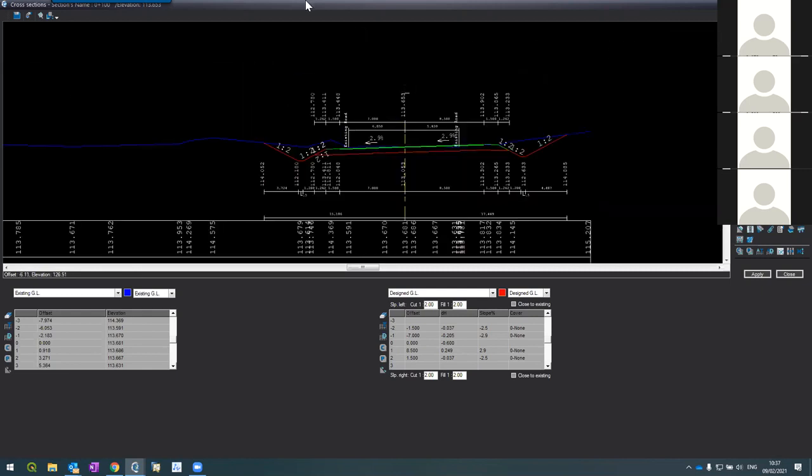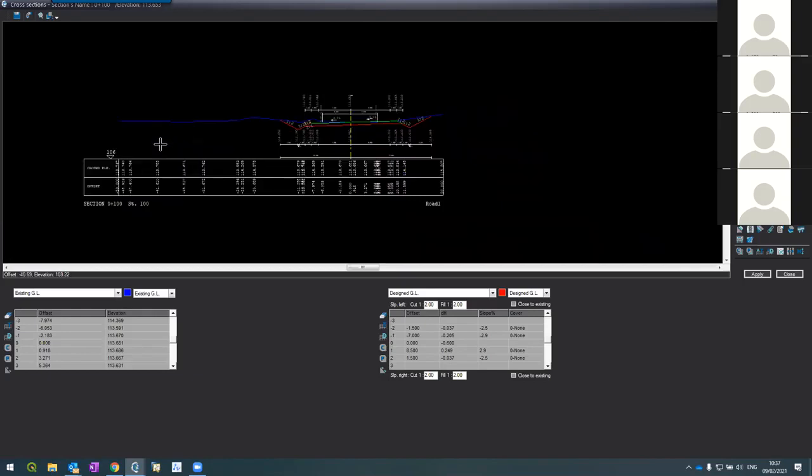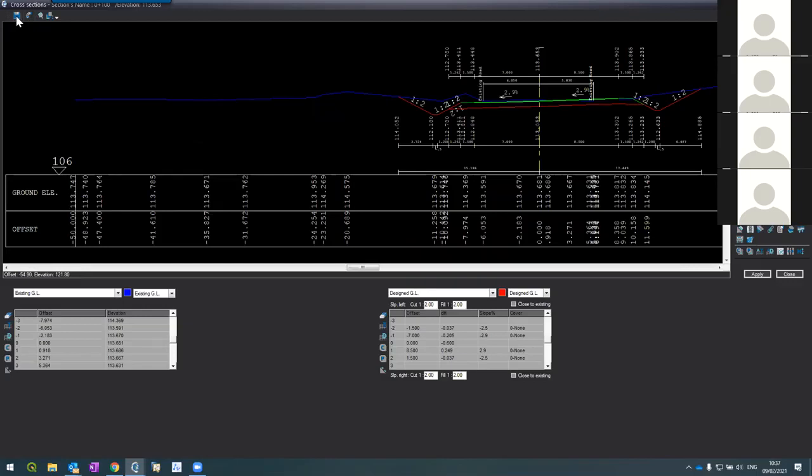Okay, so I have my sections. I can now go and print it or create the section, cross section. How do I do it? I have the button here on the upper left. You see frames division. It says here on the upper left corner in the cross sections. If I click it,